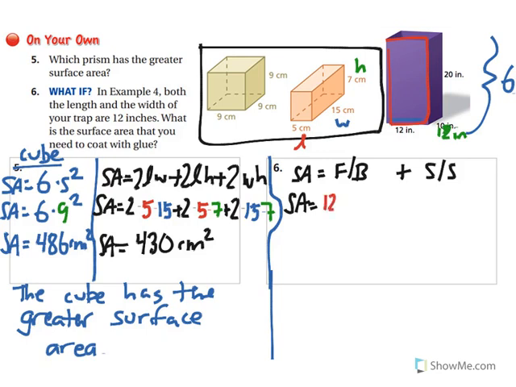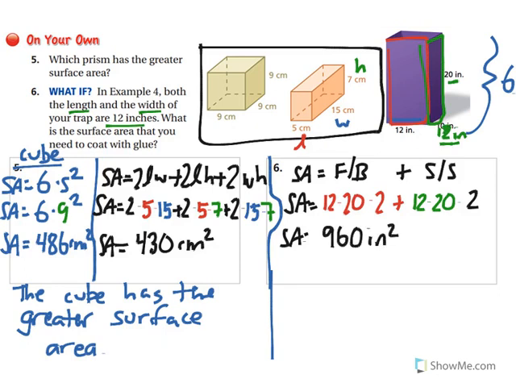So 12 by 20, and remember there's a front and a back, so we're going to do times 2, plus the sides, which in this case are now 12 by 20, because it tells us that the length and the width are now 12. So I'm going to do 12 by 20, and again times 2. When I solve this, I get 960